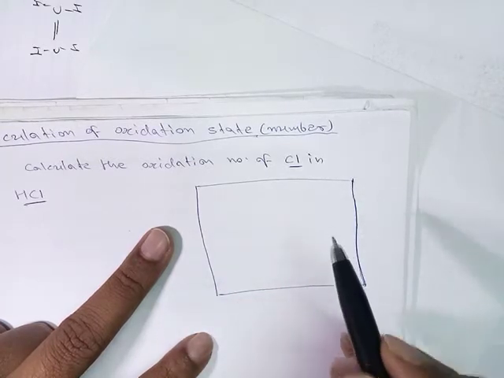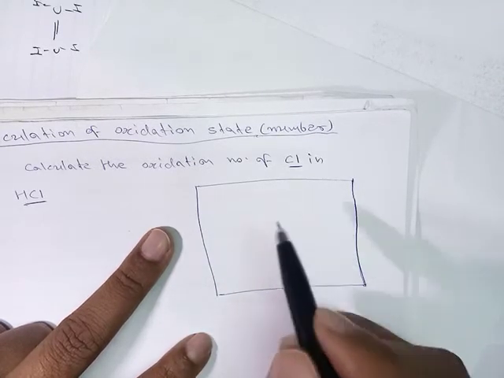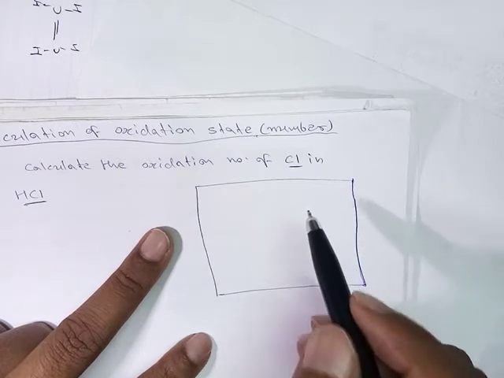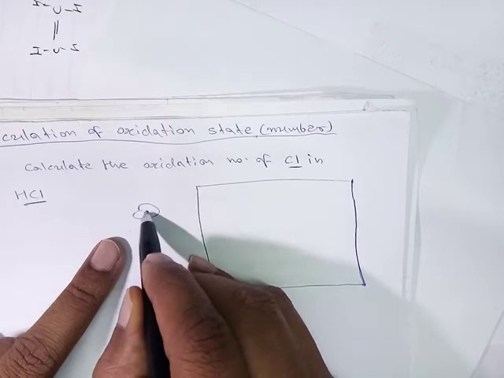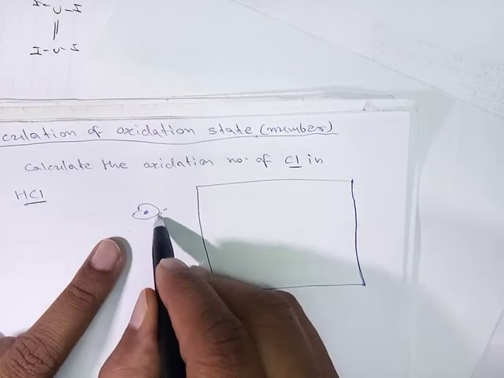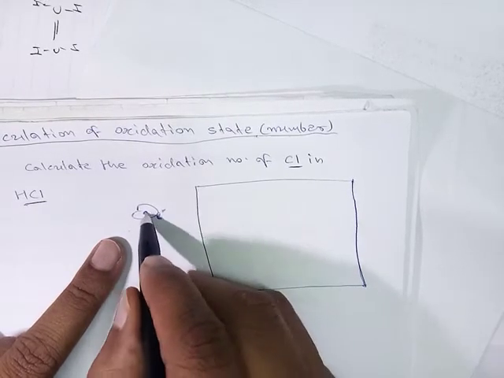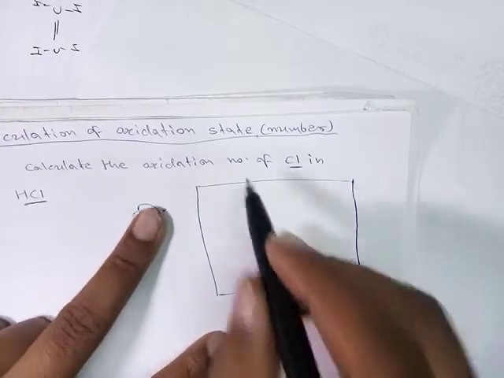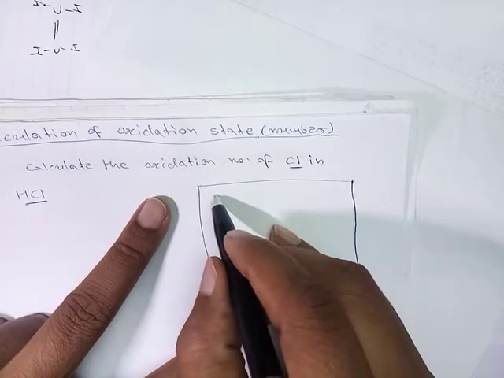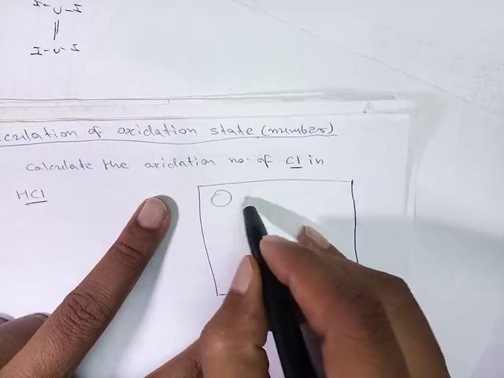That means the charge of the nucleus increases, and as the charge of the nucleus increases, the attraction force between the nucleus, which contains protons, and the outermost electrons increases. Therefore the size decreases when we go from left to right. So here the order of size will be like this,